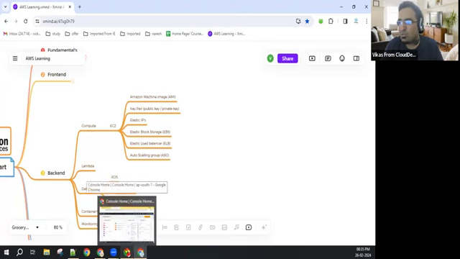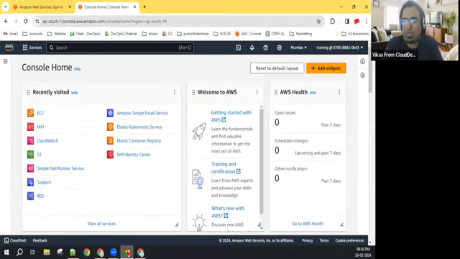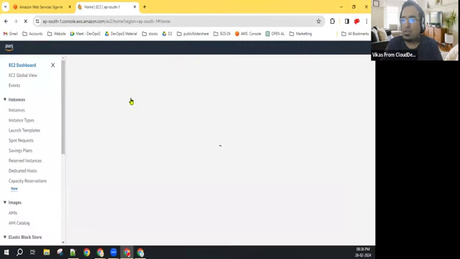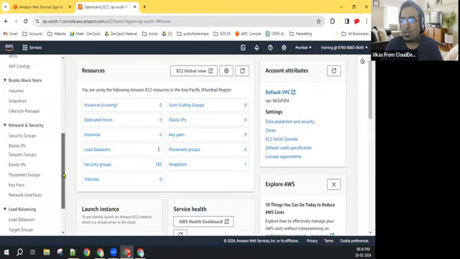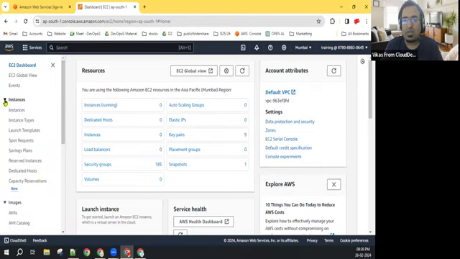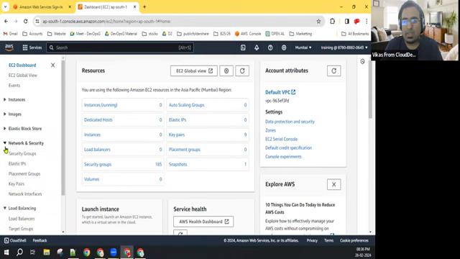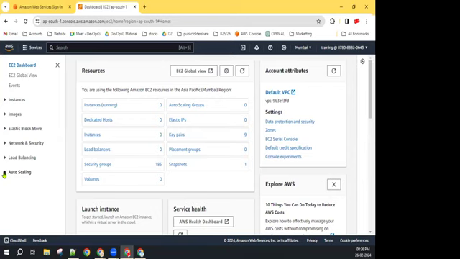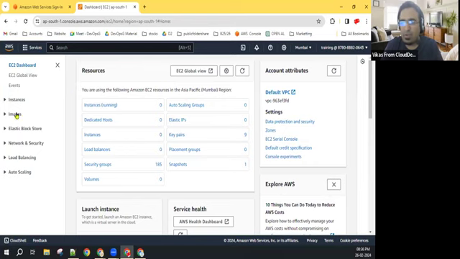Sir, can you show me a little bit at a high level from the UI? Yes, if you want to see the EC2 service, you just have to search for it here. Whatever service you want to learn, you just have to come to this place and open it, and you will be able to see how many different services or components are available in EC2. Make sense? Agree? Good. So when we learn EC2, you have to be aware of these many parts. Then you can say that yes, I know EC2.